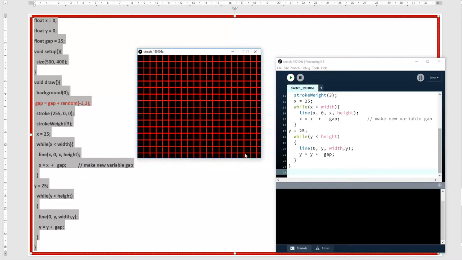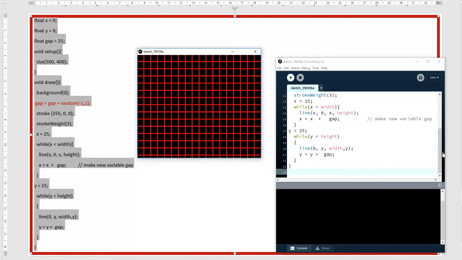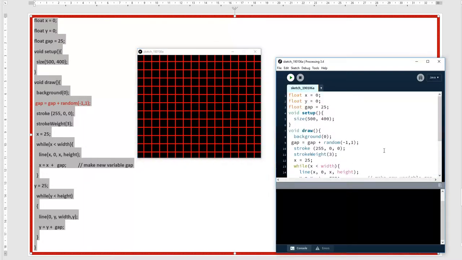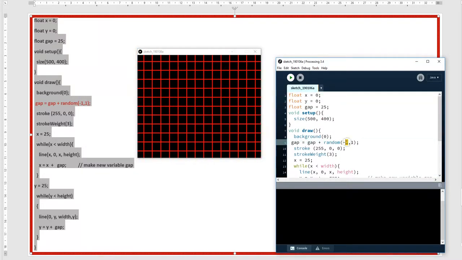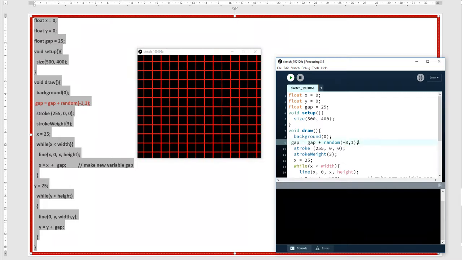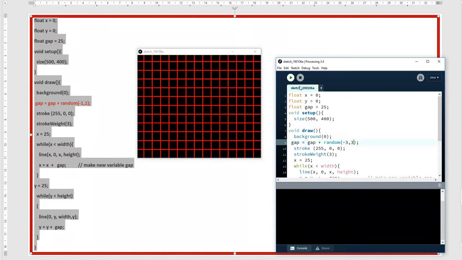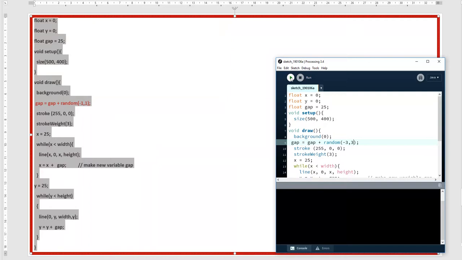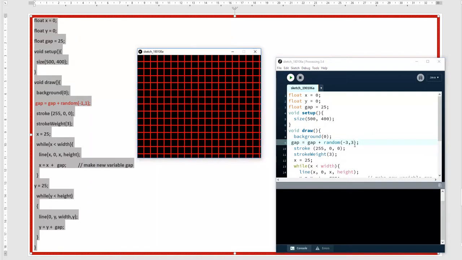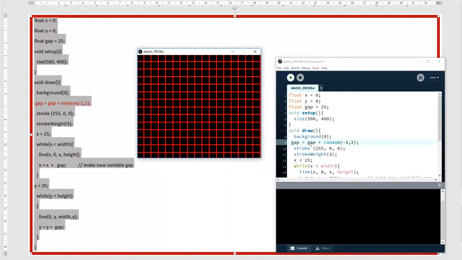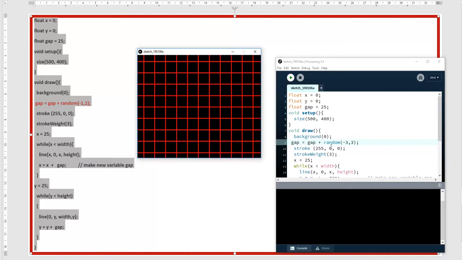Your pattern will be like this. This is random between -1 and 1. So you can change it and try, make it -3 to 3, positive 3. Because here it is gap, whatever the gap is, plus random.